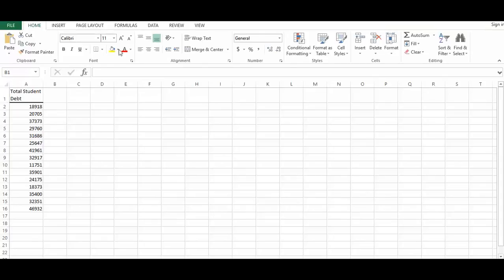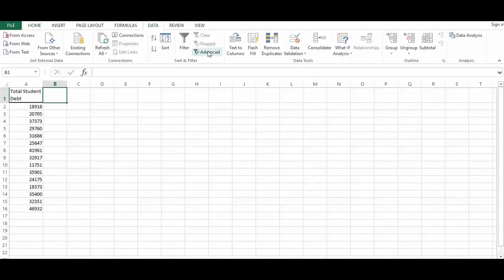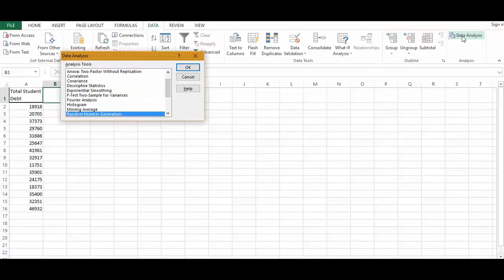So the way to do this is you go up here to the top and you hit the Data tab. And then you go over here to Data Analysis. Now you have to have installed the Data Analysis Toolpak for this Data Analysis button to show. And if you haven't done that, then go search on the videos for installing the Data Analysis Toolpak. Okay, so I hit Data Analysis